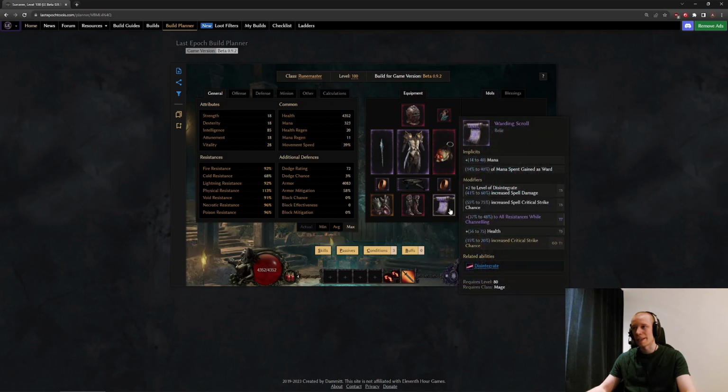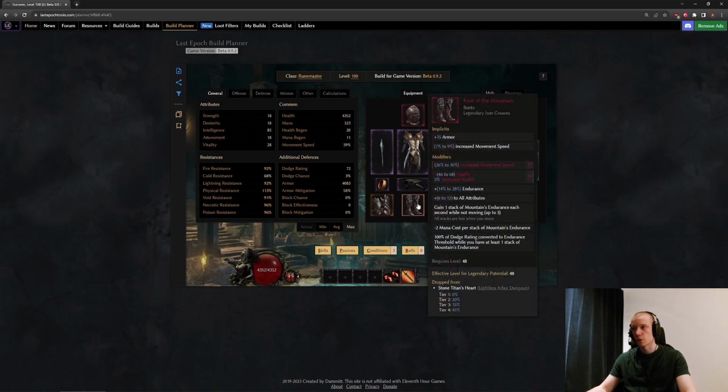But we don't really need that many points on Disintegrate, so even +1 would be enough. And then for the boots, so this Mountain Boots, of course, endurance attributes, classic, and then reduces the mana cost while standing still, which we are of course doing while channeling. And get movement speed on it at least, because otherwise you're going to be really slow, and the HP would be